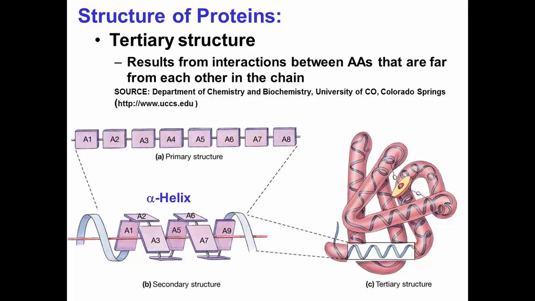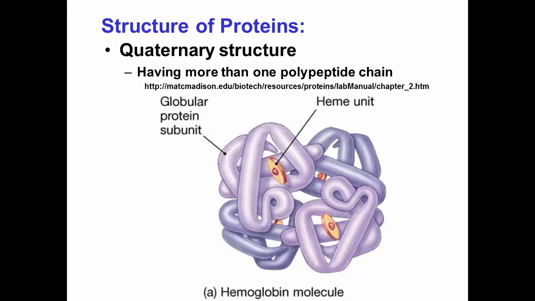Any other? Positive and negative charge? Yeah, ionic, right? So electrostatic or ionic. And those become really important when we talk about pH of the stomach and other pH issues. Okay, and then quaternary structure. Hemoglobin has 4 chains, 2 alpha, 2 beta, and it allows it to fold up to make its unique structure.